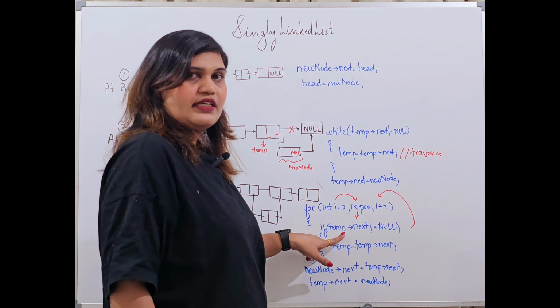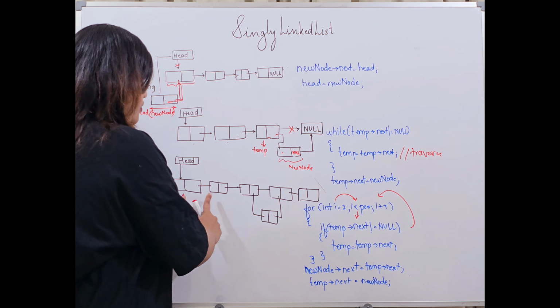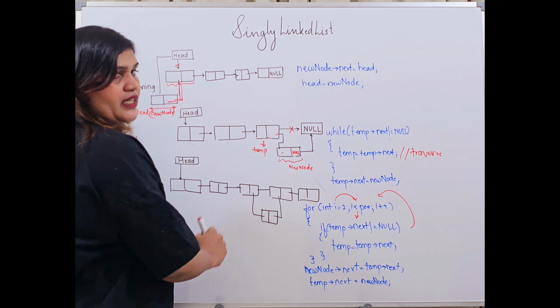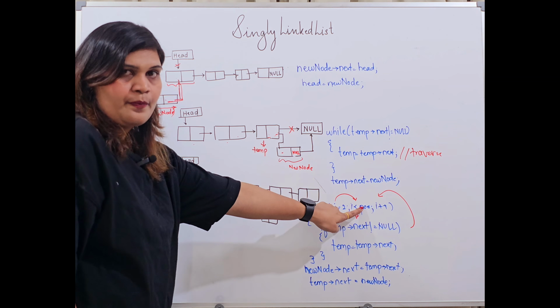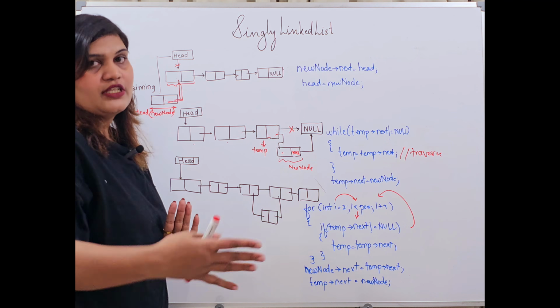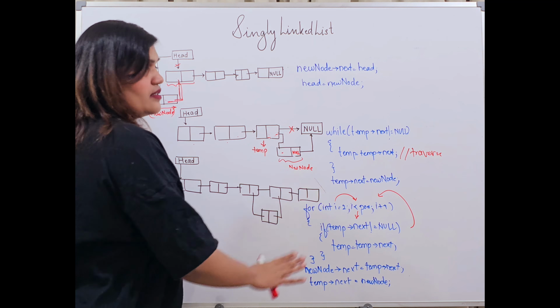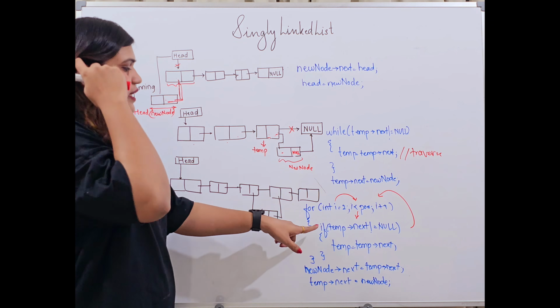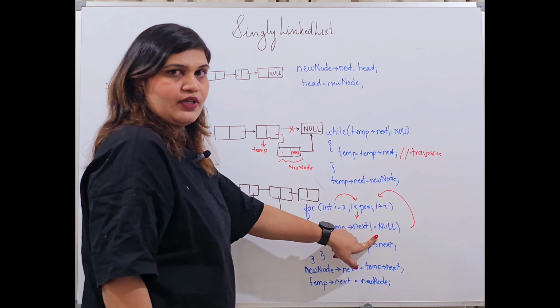Now why am I checking this condition? Because as I'm traveling through my linked list, this for loop is going to help me travel through my linked list till where? Till the position. I should also check that temp has not reached the last, right? If it has reached the last, that means I need to stop. I cannot move further. So for that reason, I am checking if temp next is not equal to null,